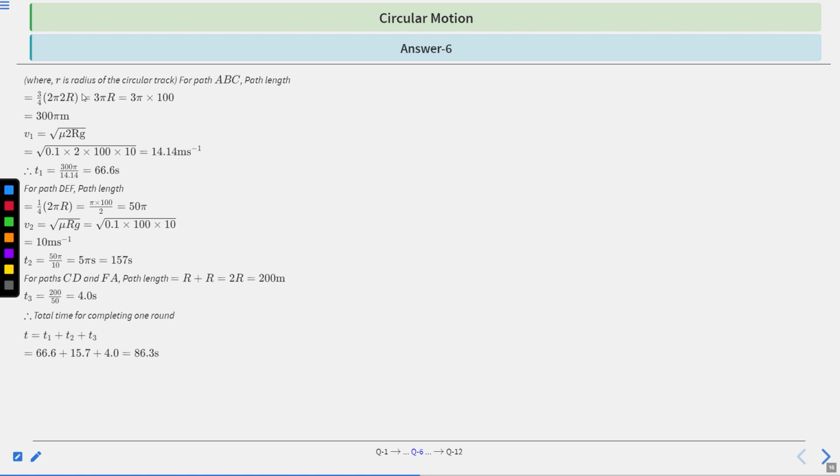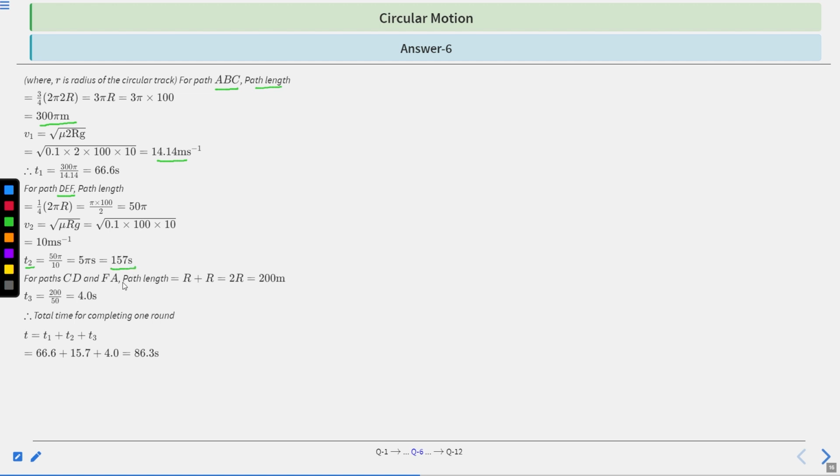We know r is the radius of the circular path. For path ABC, the path length works out to 300 pi meter. And v1 equals under root mu g 2r; putting in the numerical values, you get 14.14 meter per second. So t1 is 300 pi divided by 14.14, which is 36.6 second. Similarly for path DEF, you get t2 equal to